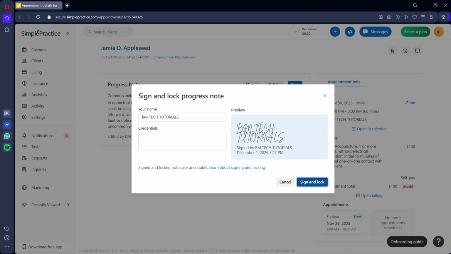Think of this as your safety net. If you're still refining language or verifying details, keep it in draft form. There's no pressure to finalize until you're truly ready. Once your note is complete and you're confident it